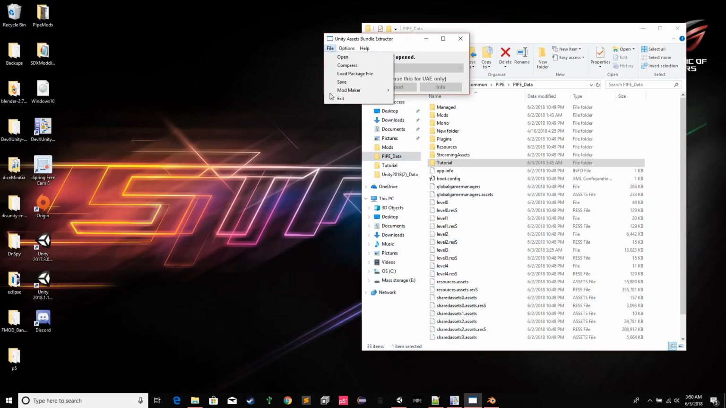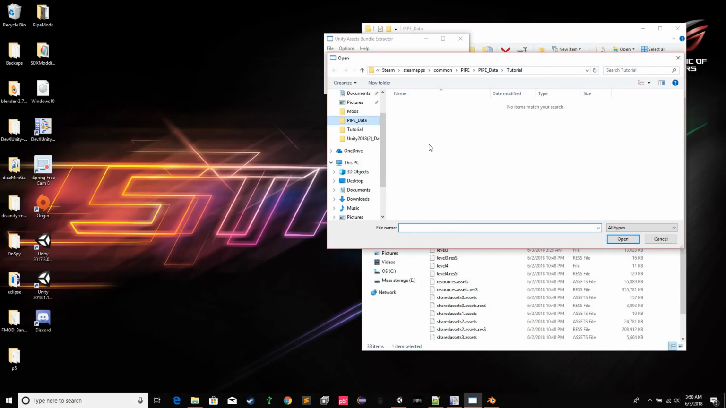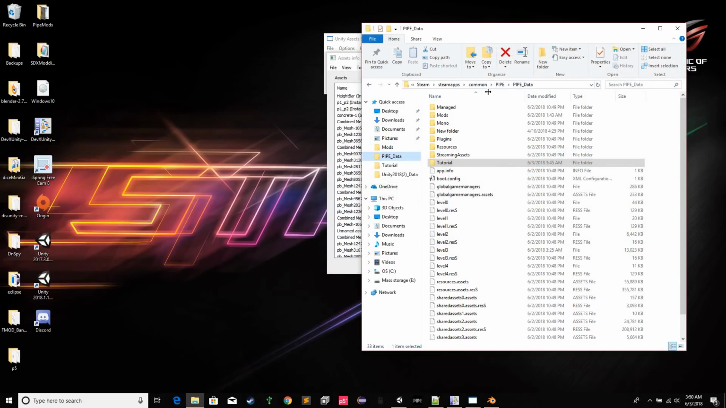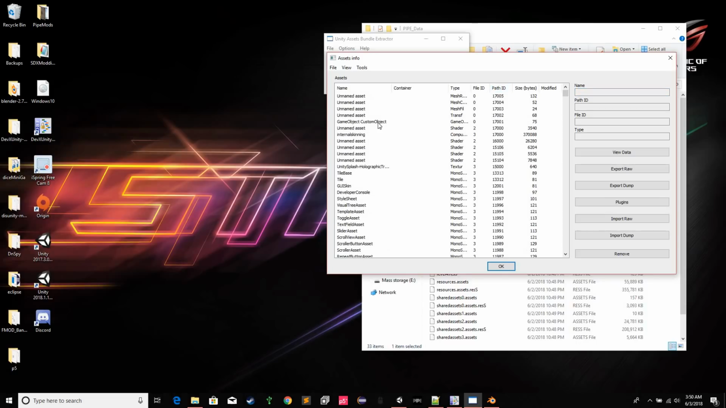So now let's go over here. We're going to open up our pipe data folder, find our level 3 file. And the reason I added this game object, this custom one before, is so that we have each of these already laid out for us. We don't have to go digging through the files to find these. If you start with a fresh install of pipe, you're going to have to do that. You'll have to find a game object, a transform, a mesh filter, a mesh collider, and a mesh renderer, and just make